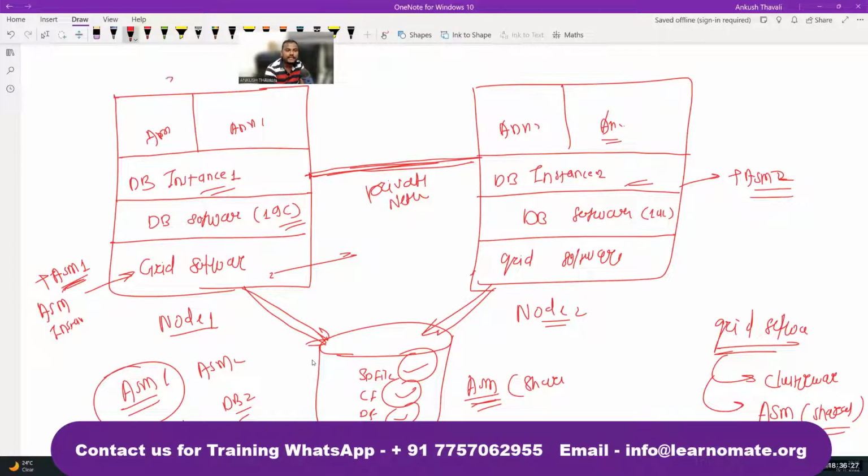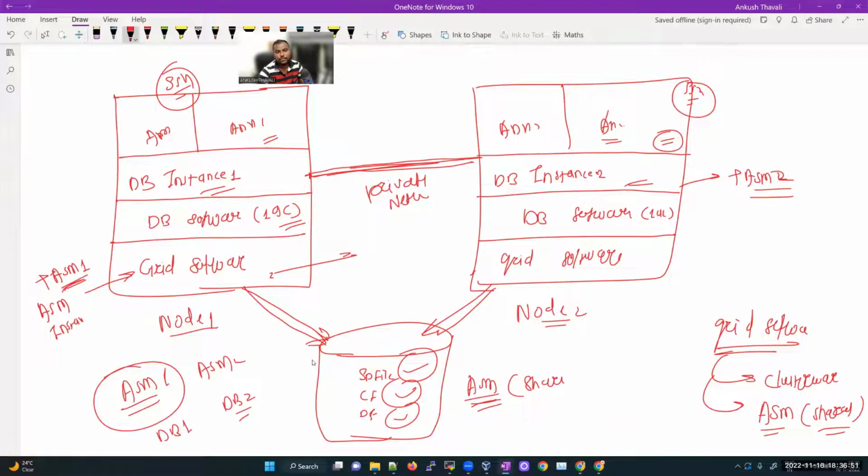And when you want to take the connectivity, like SSH connectivity, of node 1 and node 2, we need to assign one more IP address, a public network, we need to set here. So we are going to assign one public IP to this machine, and one public IP to this particular machine. So internally node 1 and node 2 communicate with each other by using the private network. But in order to take the connectivity, because to this machine you are going to connect by using PuTTY or MobaXterm, we need to assign one public IP address over here, so that we can take the connectivity from the outside. So we will have a public IP address and a private IP address,